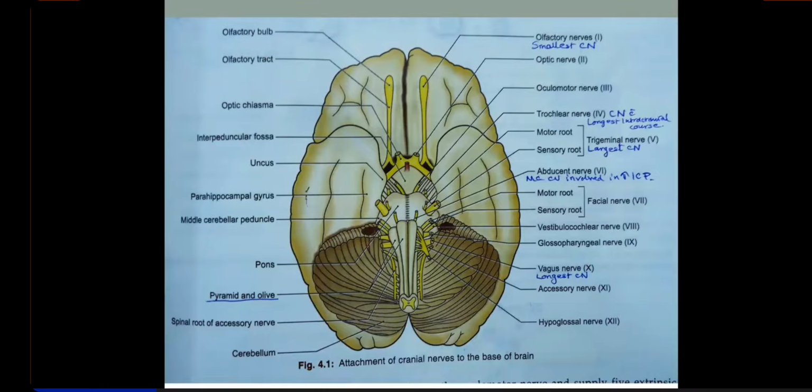Then the rest of the nerves, out of 12, if first and second are arising from the forebrain, then the remaining 10 cranial nerves arise from the brain stem. Clear? So out of the remaining 10 cranial nerves, third and fourth now, actually we can see the numbering of the cranial nerves is from cranial to caudal, or rostral to caudal end.